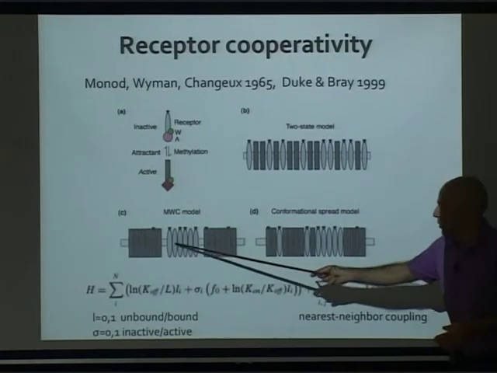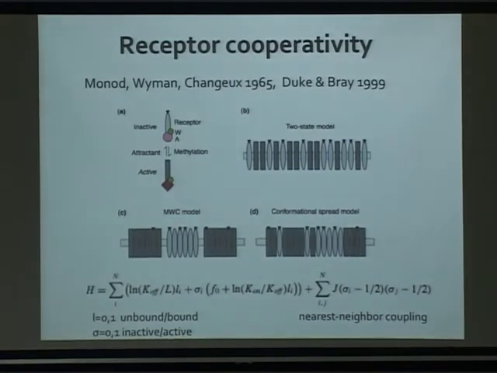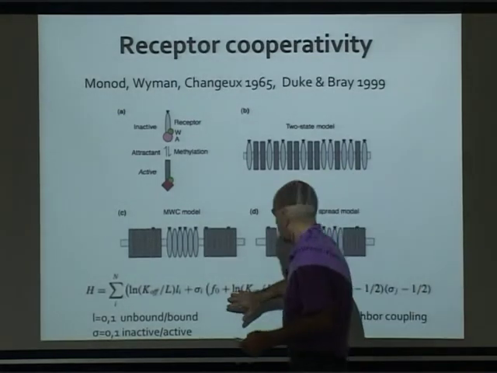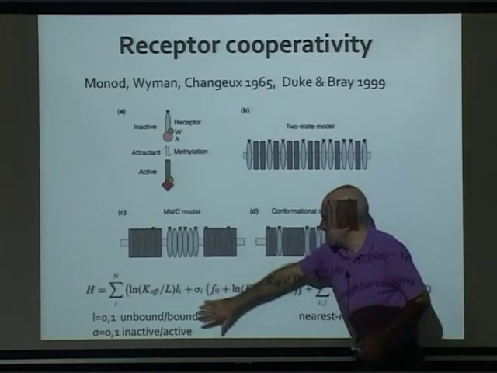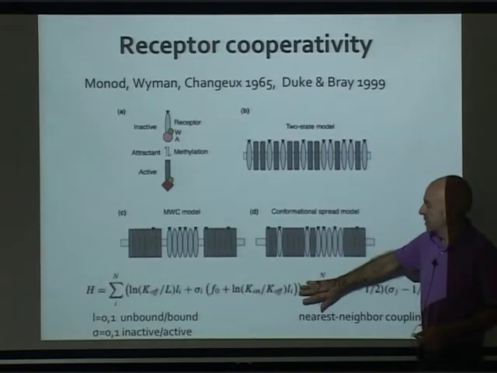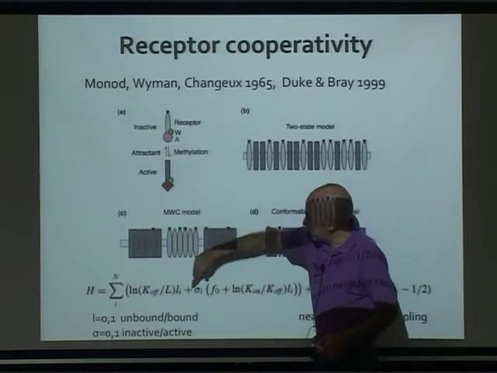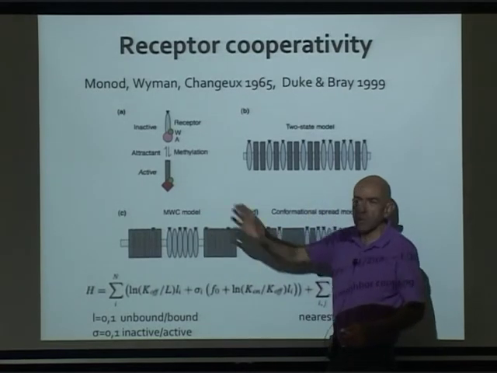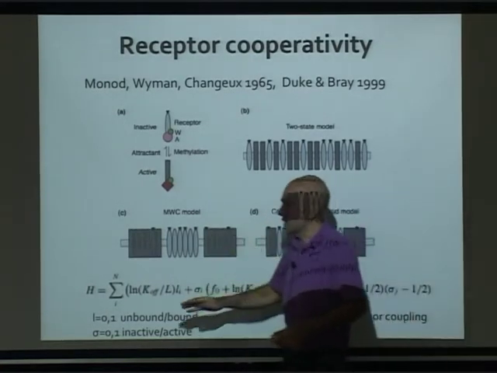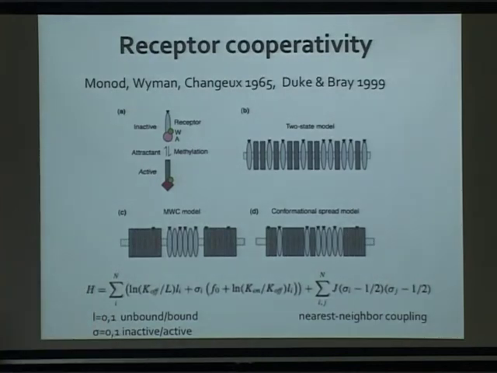For those of you who don't come from physics, the description of the allosteric model which I'm giving here is this energy, but the spins sigma_i can only be 0 or 1 for all of them. Actually, as a very simple